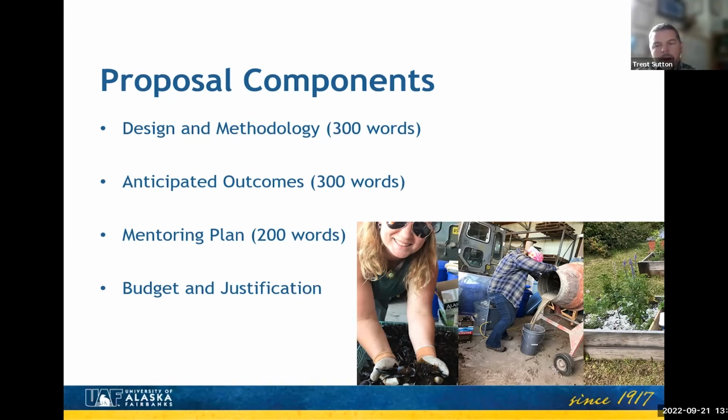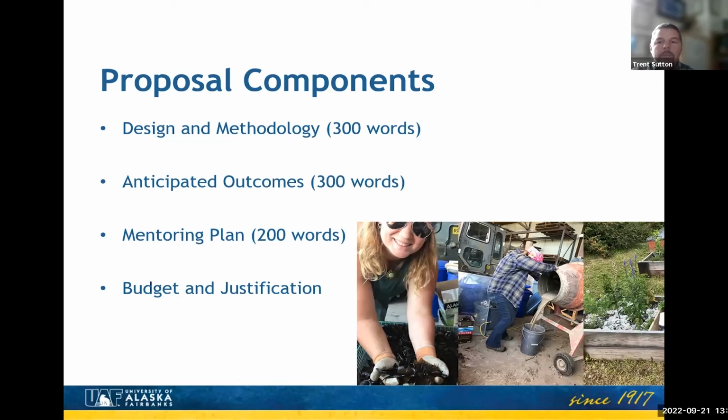I see that a lot of projects that don't get funded the first time are often lacking in this area. So spend some time there. Talk to your mentor about a plan, like what works for you as far as meetings. Is meeting once a week going to work, or every other week, or what type of schedule would you like to have, and then what would you like to talk about during those sessions so that it's laid out very clearly. So I would recommend always using up to the maximum words, 200 words on this one, to make sure you explain this fully.